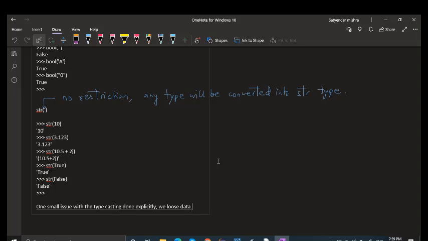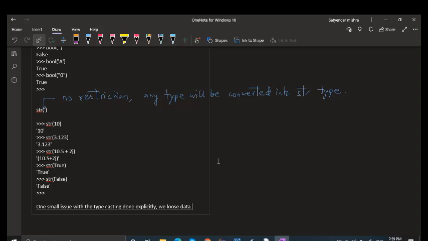This line, a small issue, means that when we do typecasting, we lose data. For example, we are converting 10.5 to integer, so we will lose 0.5. But in future you may need 0.5, and in that case you have lost it.